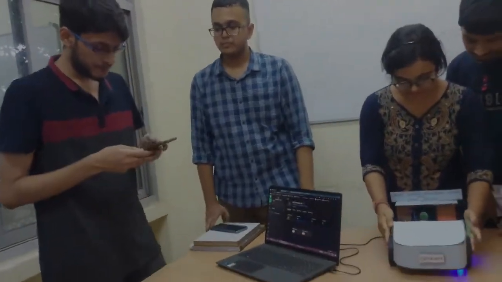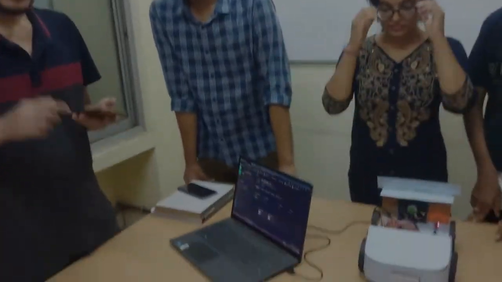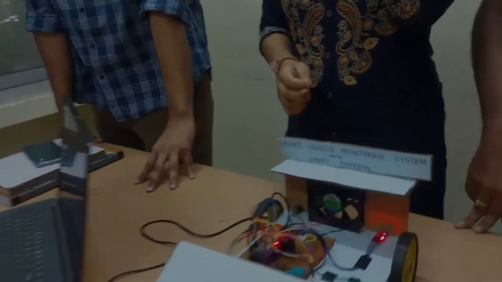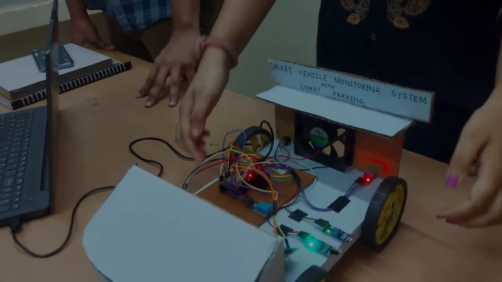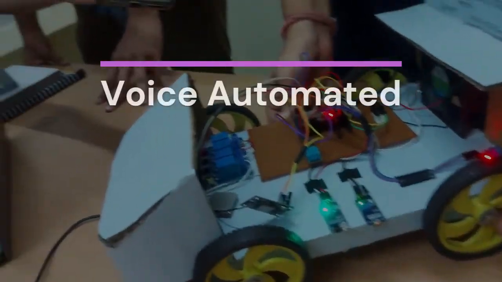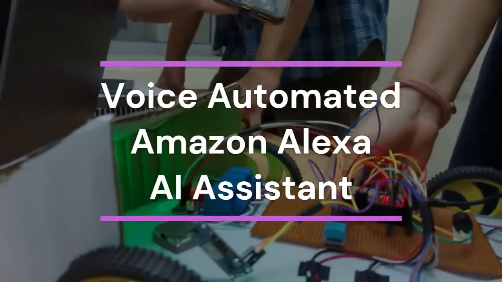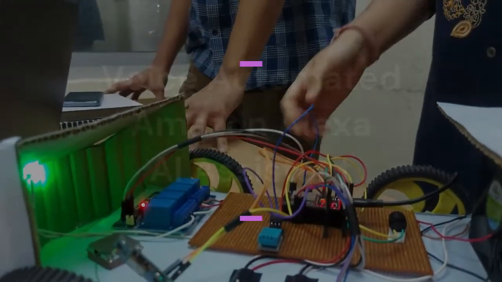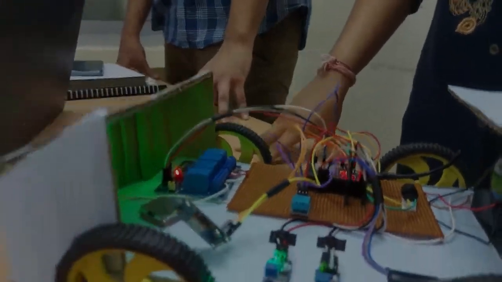Similarly, we can also control it using Alexa voice commands. What we have to say is, Alexa, trigger cabin lights. As you can see, the Alexa voice command works fine. Similarly, we can also switch off.